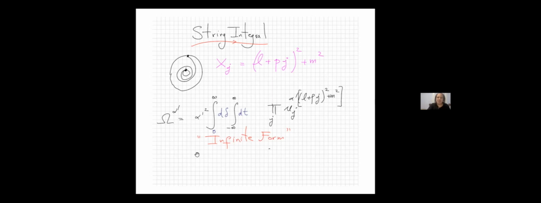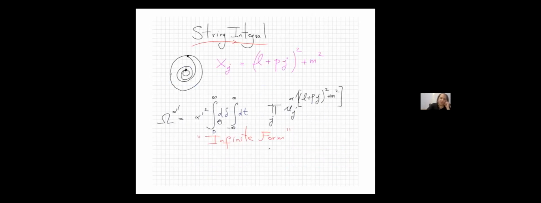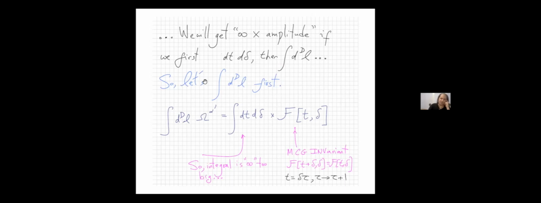But in any case, this by construction is something whose alpha prime goes to zero limit will give us the infinite form that we were talking about. The infinite form associated with this infinite polygon. And therefore, if we were to integrate it, in other words, if we imagine we did this integral first, and then we integrated over loop momenta, we're clearly going to get infinity times the amplitude by the dumb reason that we're counting the diagrams infinitely often. So let's not do that. Let's do the loop integral first, just as we were doing in our previous examples, right? That's the whole idea here, is we're doing the loop integral first.